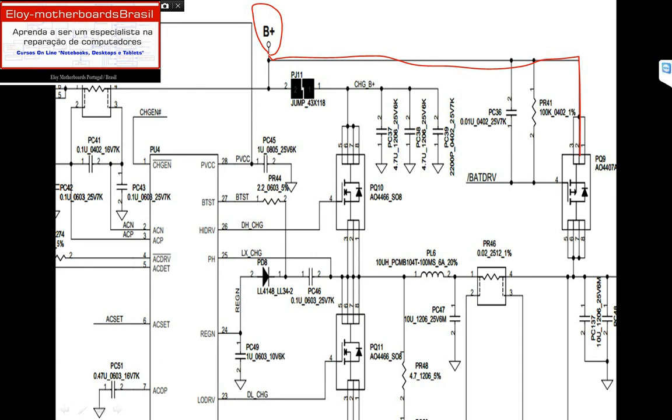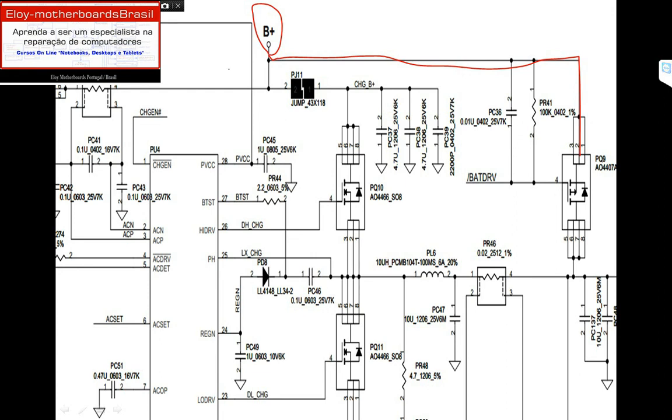The pins 5, 6, 7 and 8 of PQ10 right here, AO 4466, Alpha and Omega, will receive this B plus voltage coming from the battery or the DC jack. This voltage will stand still on PQ10 until